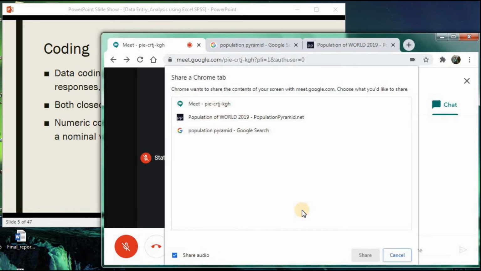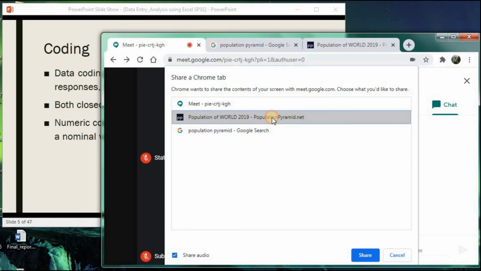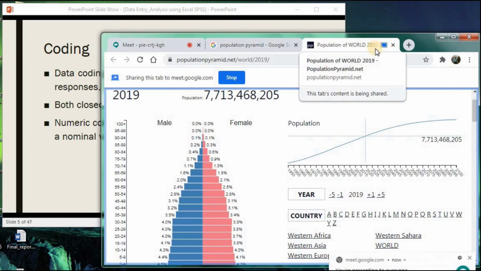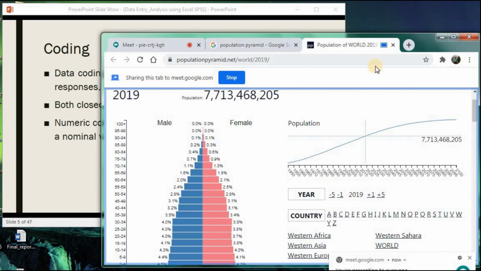Now I can select that Chrome tab, the population pyramid of world population 2019. Click on share. Now you can view that this icon is available here, showing that this thing is available to the participants now, and it is also showing that it is sharing this tab only.